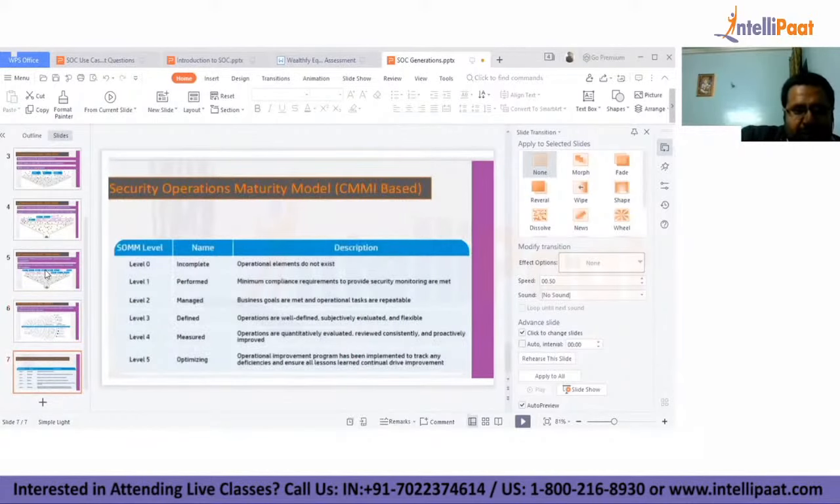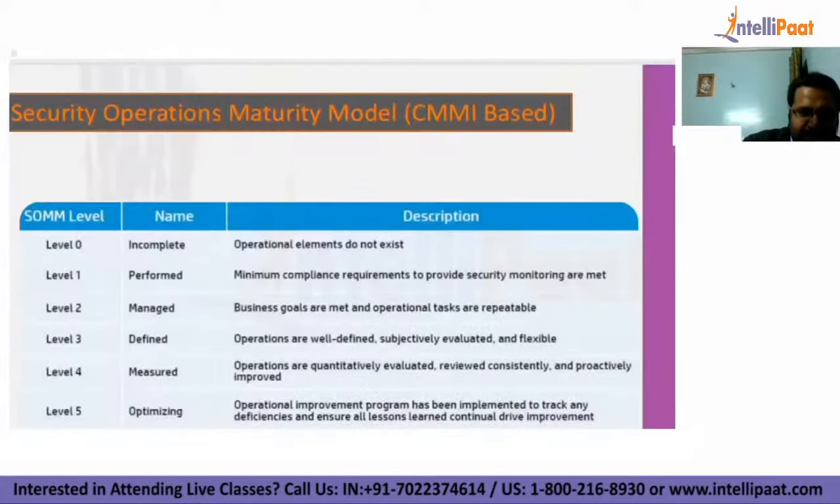So, the security operations maturity model. You have 5 levels, similar to what there is for CMMI, which is for software engineering. Level 0 is incomplete. Here, operational elements do not exist. Level 1 is performed. So the minimum compliance requirements to provide security monitoring are being met. Level 2 is managed. So here, business goals are met and operational tasks are repeated. Level 3 is defined. Here, operations are well defined, subjectively evaluated